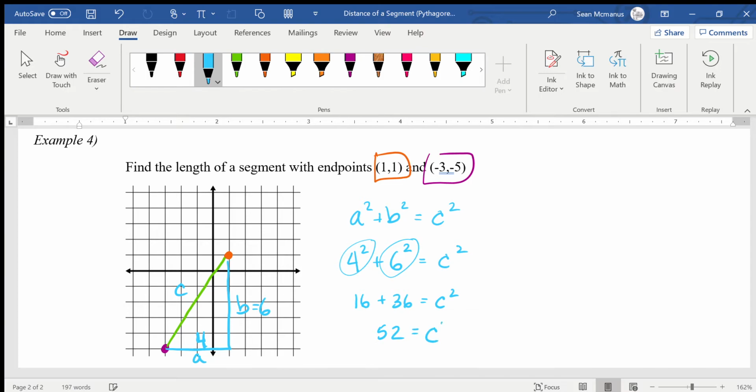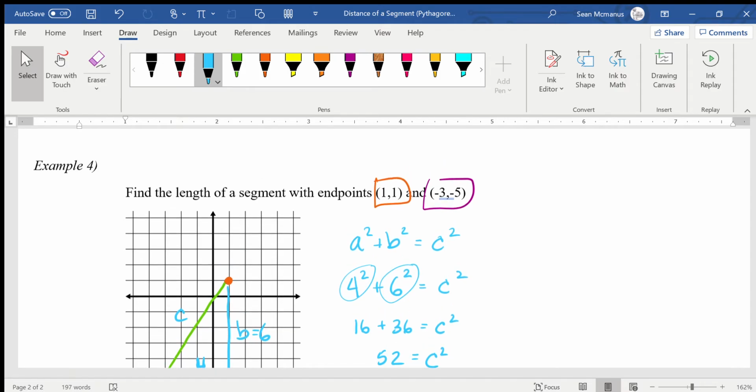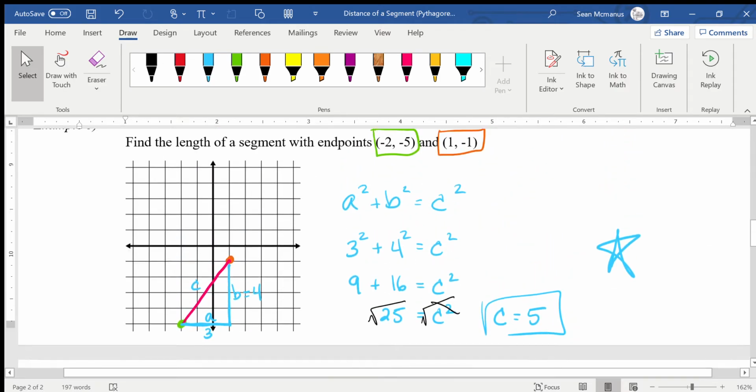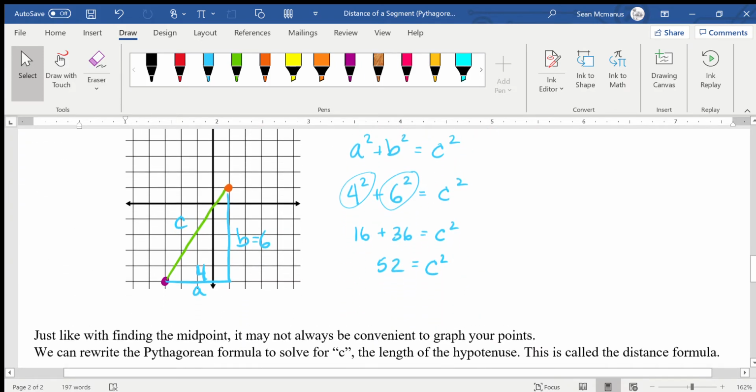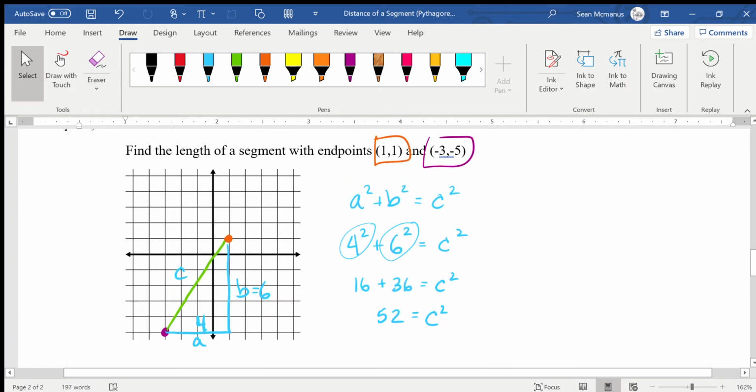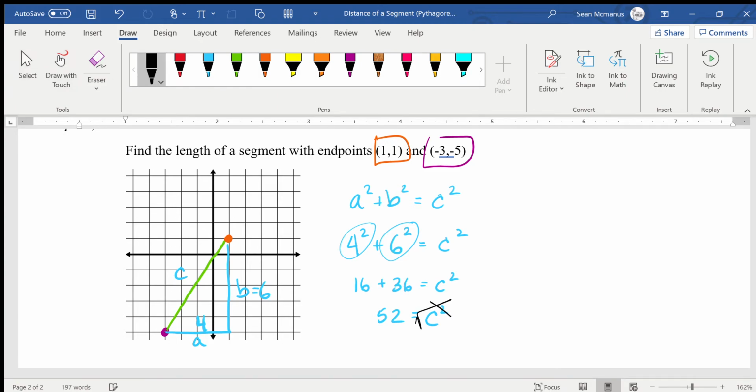So C squared is 52. So we did the exact same thing we did on the previous one, number 3. We got all the way to the end, and now again, we don't want to know what C squared is. I want to know what C is. So I have to take the square root of C squared to undo the squaring, and I do the same on the other side. So C